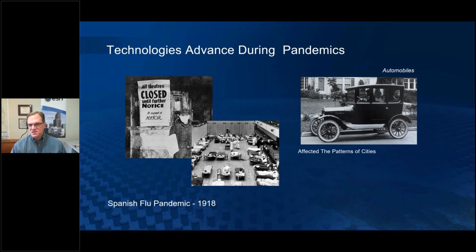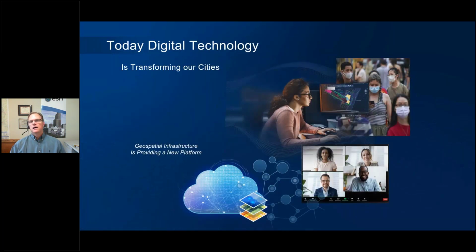Now, that being said, I would never try to tell planners that automobiles are great technology, right? That's dangerous ground to tread on. But that was one of the things that really exploded during the pandemic. And then likewise, if we look at that today, we've replaced the automobile with Zoom and with Teams and GoToWebinar and so forth, to be able to communicate with colleagues. And so that's really transforming our cities. And I mentioned that to some degree in terms of counter urbanization, right?